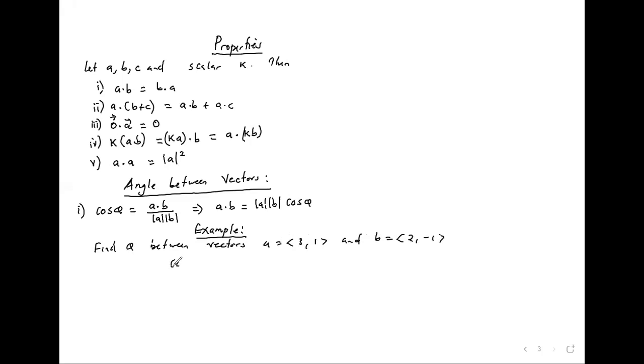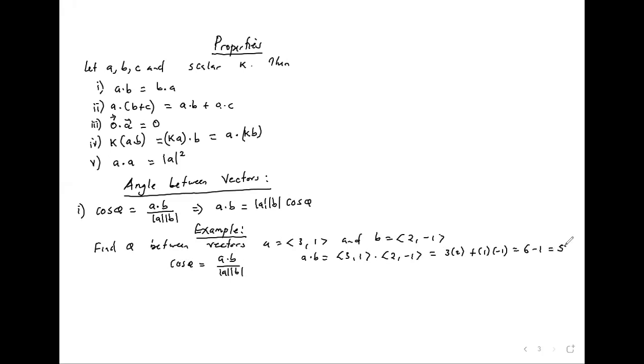So you say cos theta will be equal to A dot B over the magnitudes of A and B. So what is A dot B? It's (3,1) dot (2,-1), which is 3 by 2 plus 1 by -1, giving us 6 minus 1,